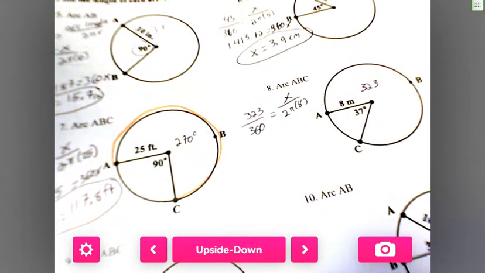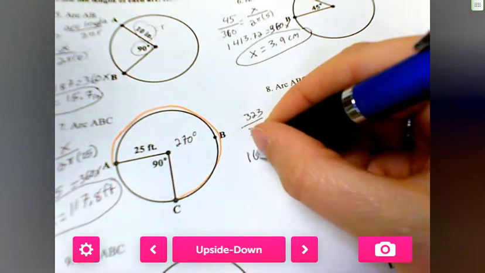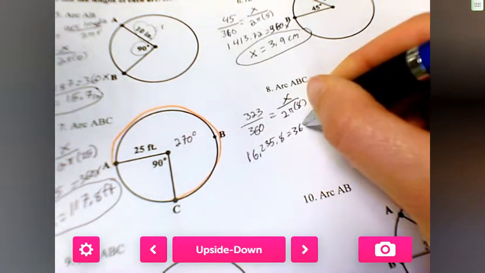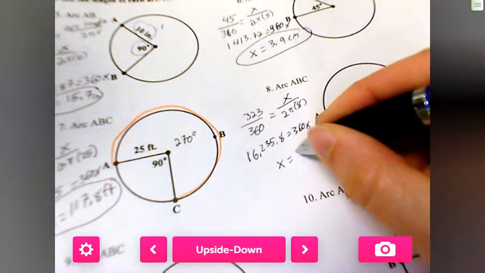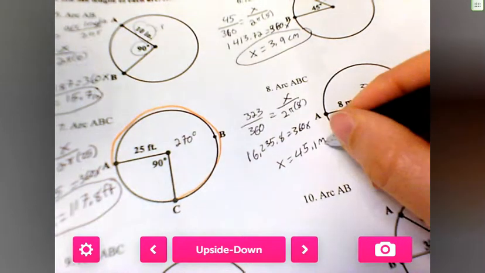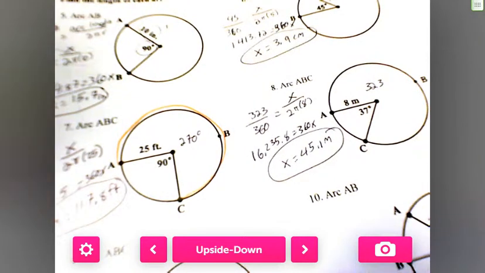So I can go 2 pi 8 times 323 gives me 16,235.8 equals 360x. I'll divide that by 360. And I get x equals 45.1 meters. All right, guys, why don't you guys try 9 and 10 on your own, and I'll try it